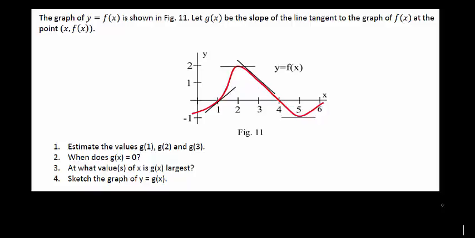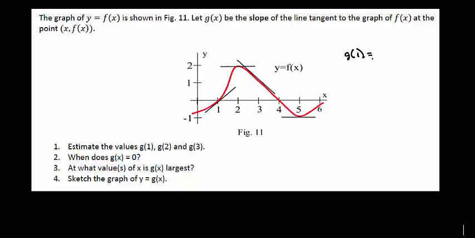So this particular problem, we need to start looking at different tangent lines and their slopes. And so what we have is a graph of some function f of x, which is this red line, and we're going to let g of x be the slope of the line tangent to the graph of f of x at the point x, f of x. So what this means is, for example, g